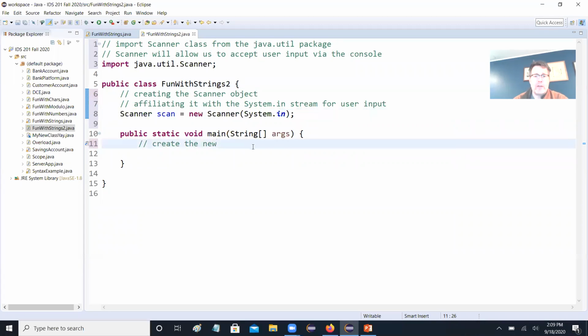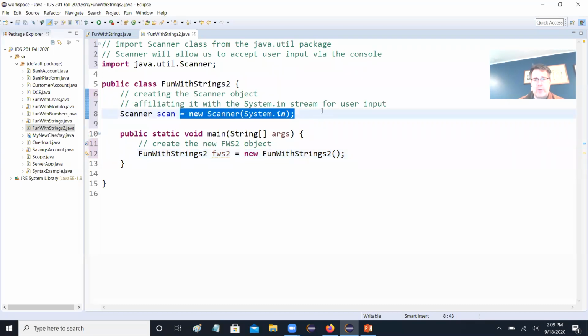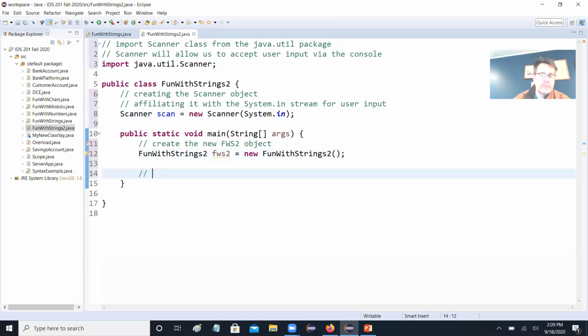In the main method, we're going to create the main loop for everything that gathers user input. So we're going to first create the new FWS2 object. Fun with strings 2, we'll call it FWS2 equals new fun with strings 2. Okay, so now we'll have a fun with strings object to work with. And when we create it, because we've already said here scan is going to be a new scanner, it'll already have the scanner object ready to use. So next thing, we're going to create an infinite loop